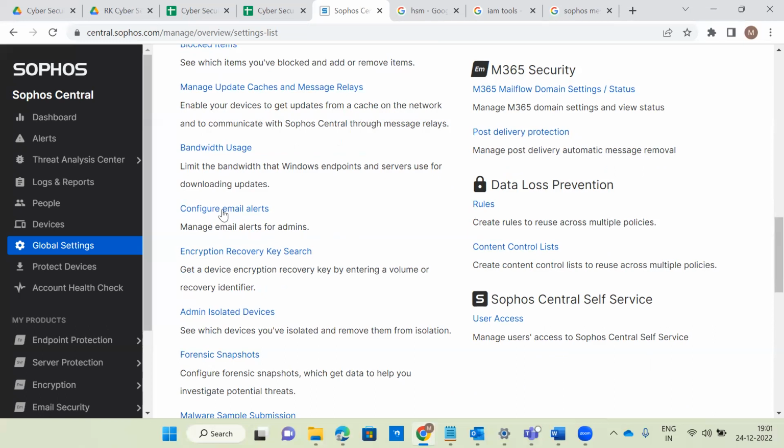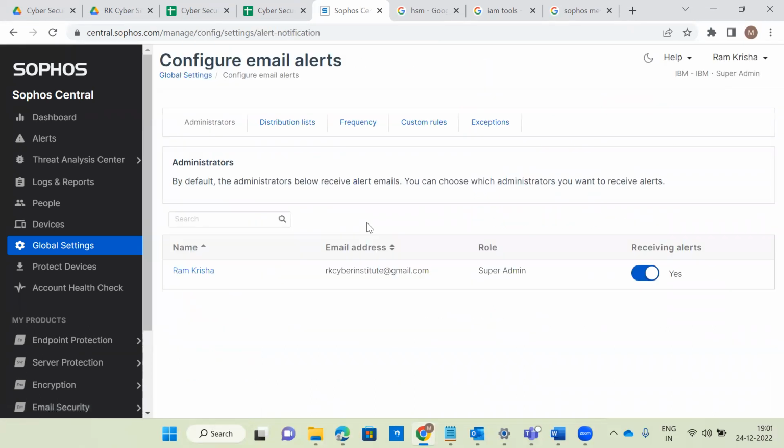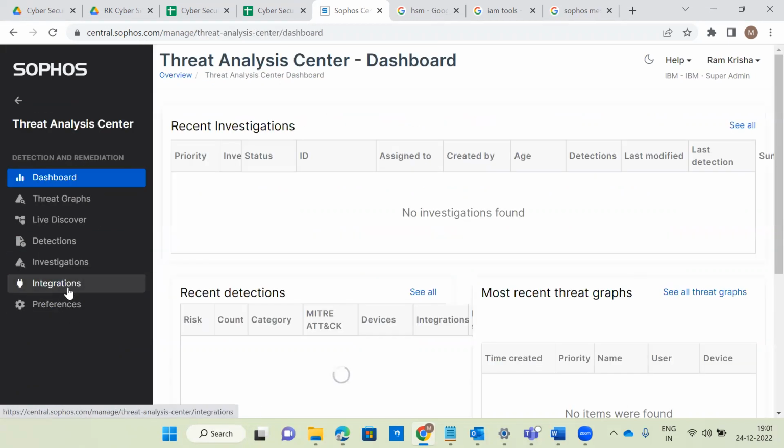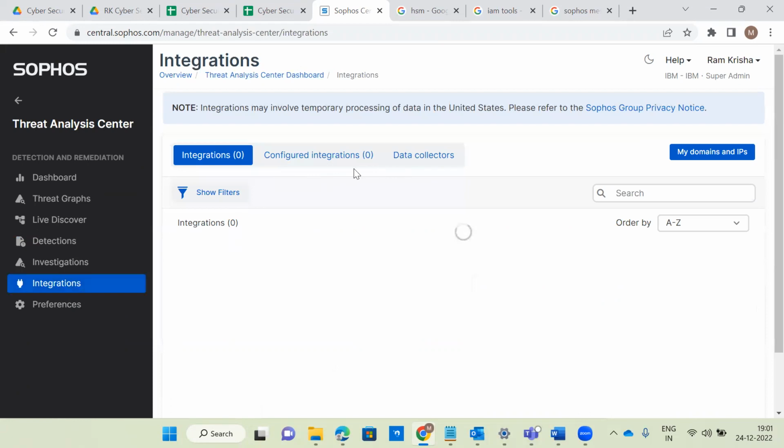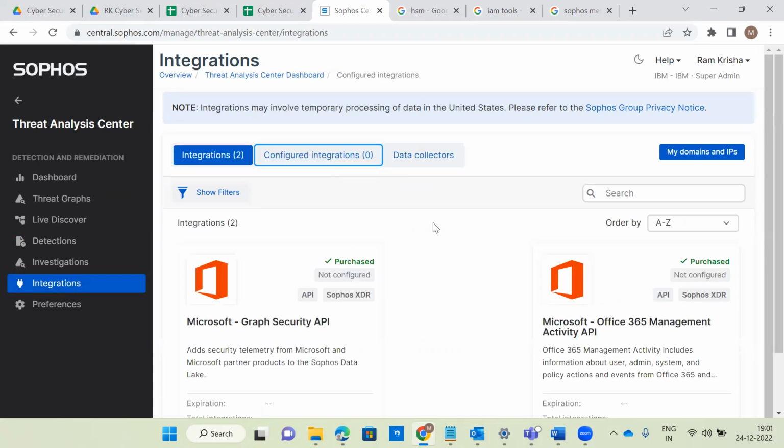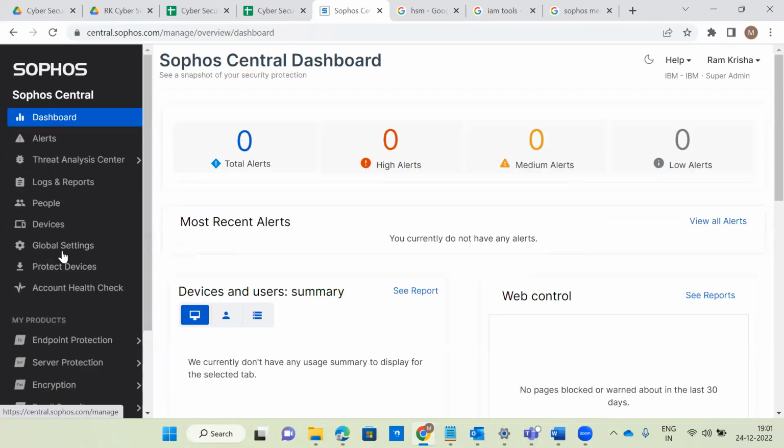Next, configuring email alerts, integrating with our respective SMTP server, or maybe our distribution list. Right now, as part of integration, we discussed yesterday under the threat analysis center integrations. Under integrations, we have already shown the email-related configuration. So here now, if you want to add any distribution list,